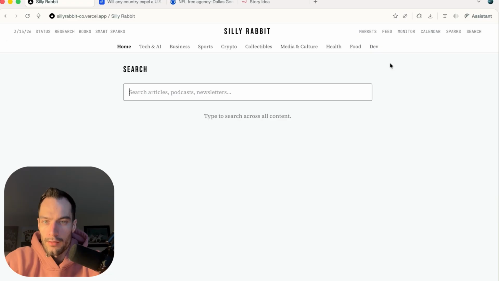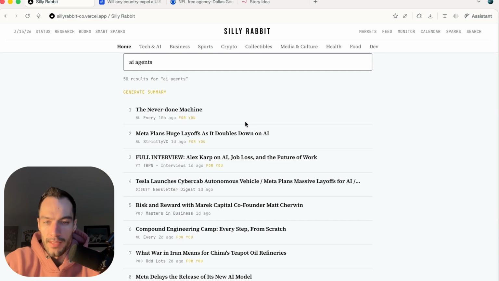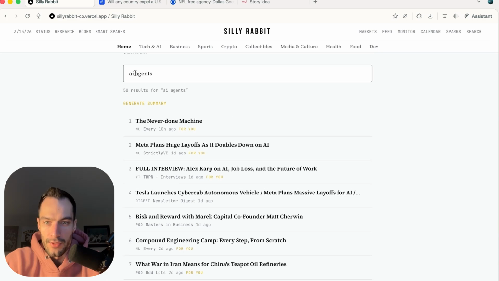And then one other thing I think is going to be super valuable is just being able to search. So these articles, podcasts, newsletters, I am saving them all to a database. So then I could just type in AI agents, see what people are saying. And then you could also run some entity extraction and see how the topic has evolved over time, how much is being mentioned. You could do the same with different brands, different people, identify the different themes and patterns that are going on.